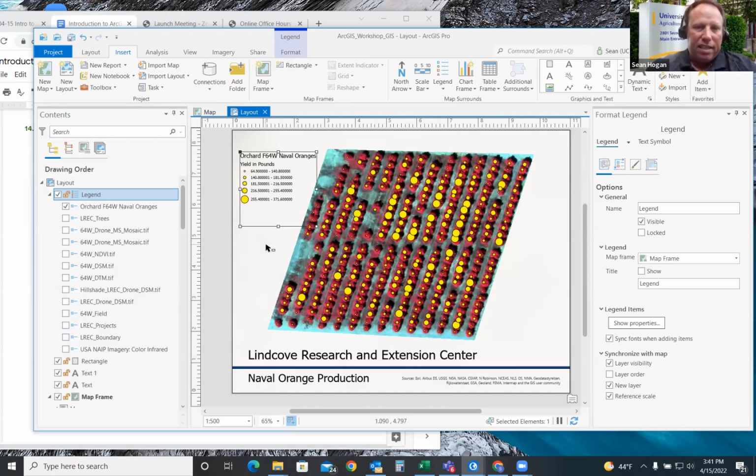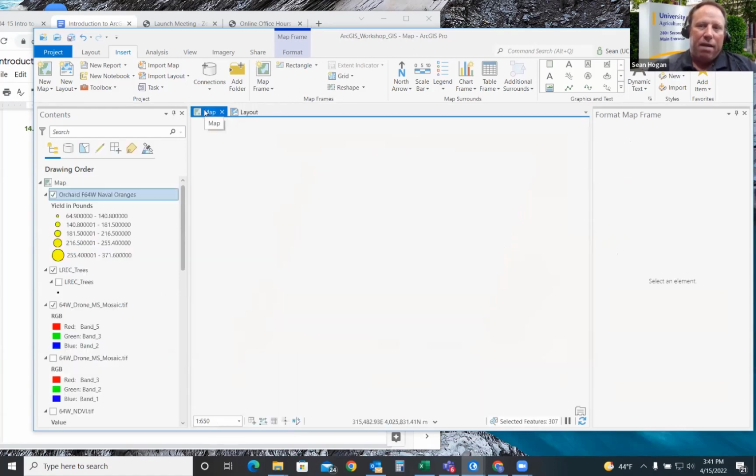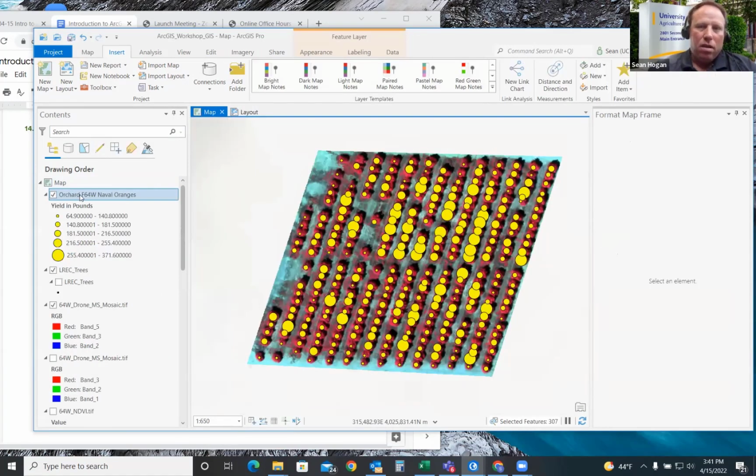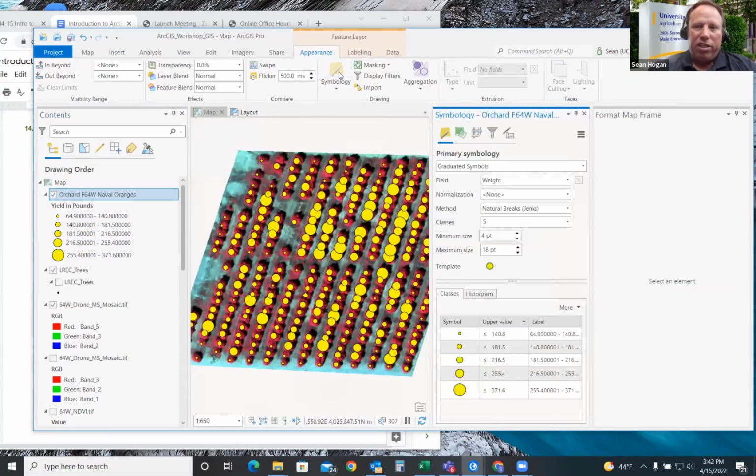Except for the one last thing I mentioned: look at all these decimals, like say 5, so what's that, 6 decimals in? We don't need that. Again, we'll go back to the map, click on the orchard one here, go up to appearance, and click on symbology.